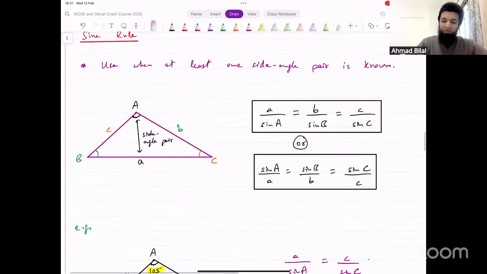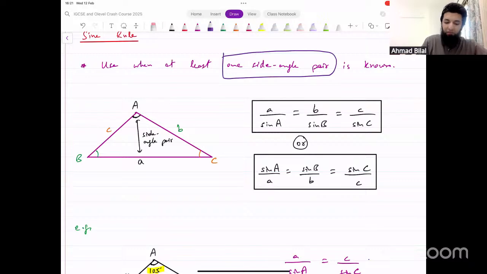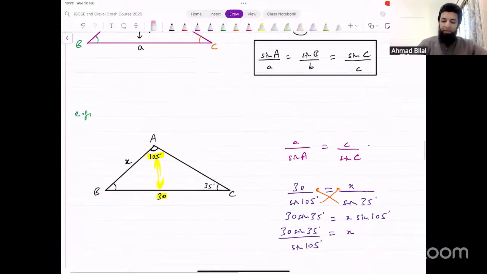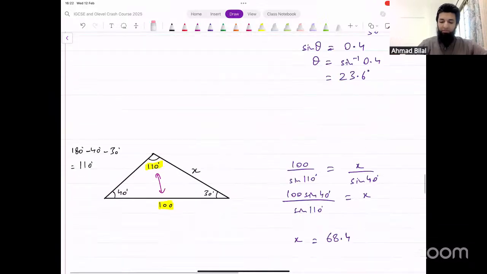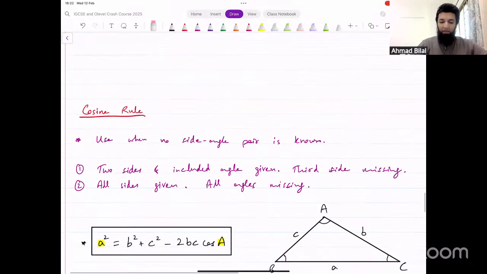You would use this when at least one side angle pair is given. So if you have one side given and the angle opposite to that given, and then you have one other piece of information in the triangle, then you can use that to find the other missing information. This is what we discussed. Then we talked about the cosine rule. After looking at some examples of this, we looked at cosine rule. And the cosine rule was